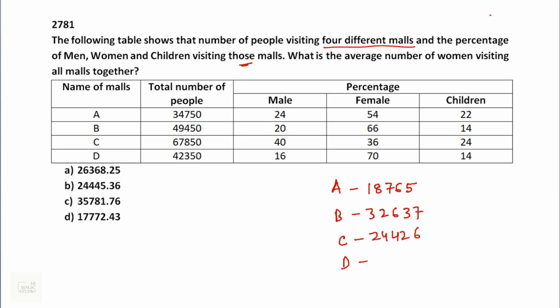And from D, it would be 42350 into 70%, that would be 29645. This total would be 29645 plus 24426 plus 32637 plus 18765 will give